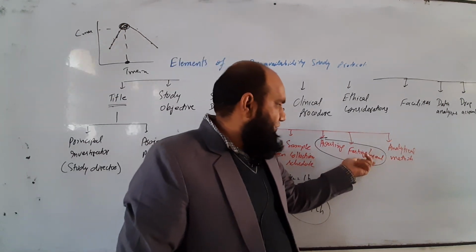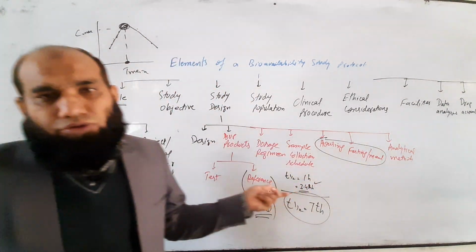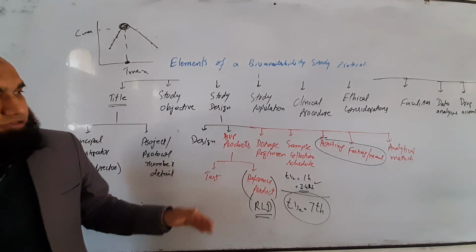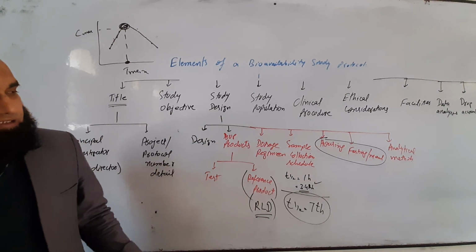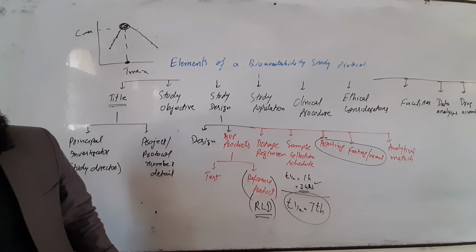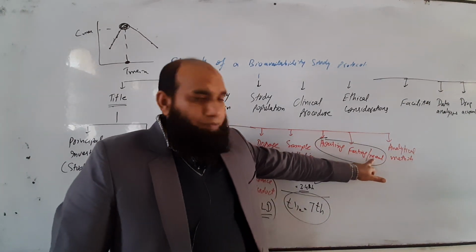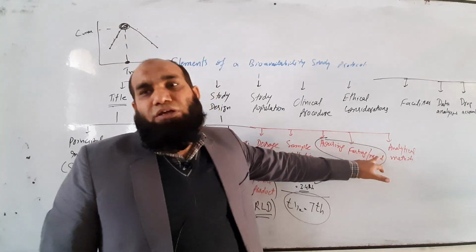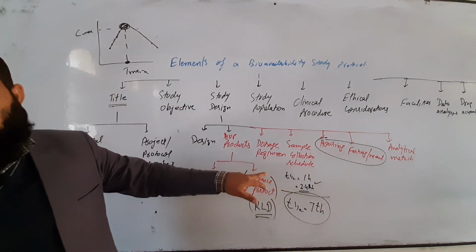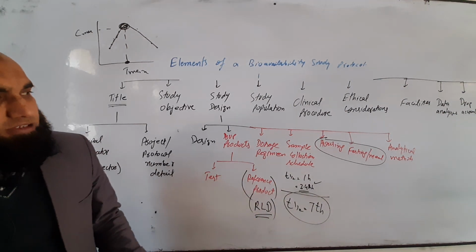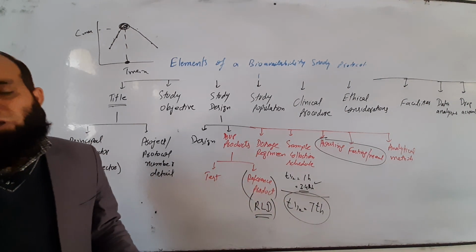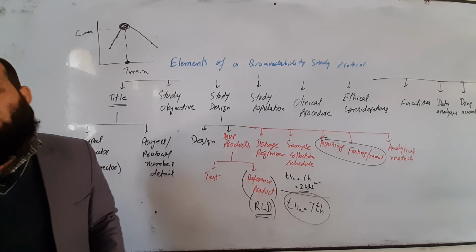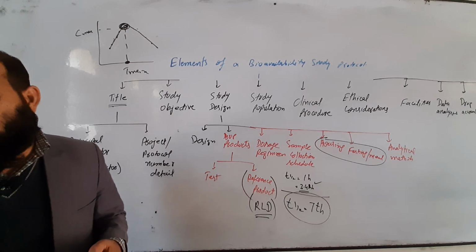Okay, now in case of fasting or the meal, do you know there are some very effective factors. The concentration of the drug in our body, when we are discussing the GI system and its absorption, is disturbed by the presence of a meal. Presence of a meal may make some particular changes. For example, it changes the pH of the medium, the pH of the area, and we have already clarified our concept when discussing the absorption of the drug. There the pH is also an important parameter for the sake of absorption.